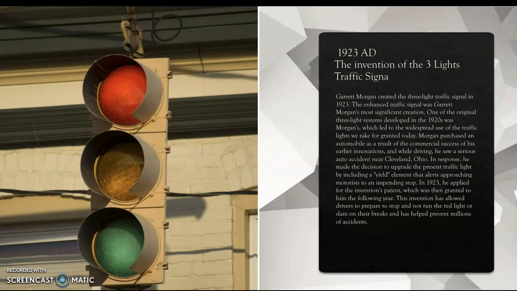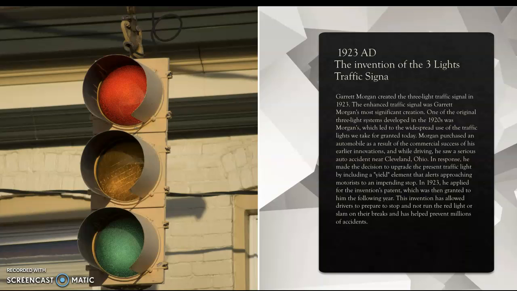Last, we will move to the information and space age. In 1923, Garrett Morgan created the 3-light traffic signal. The enhanced traffic signal was Garrett Morgan's most significant creation. One of the original 3-light systems developed in the 1920s was Morgan's, which led to the widespread use of the traffic light we take for granted today. Morgan purchased an automobile as a result of the commercial success of his earlier inventions, and while